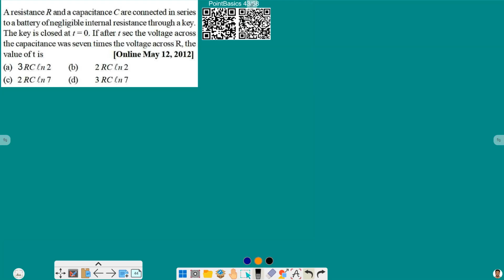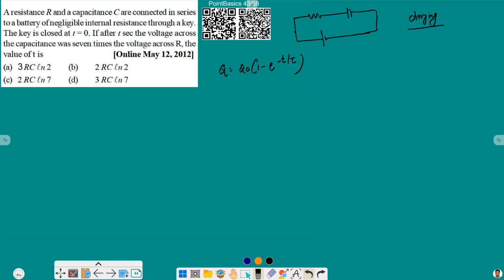We have a resistance and capacitance circuit. So this is the resistance, this is the capacitor, and we close the circuit at t equal to 0. So this is our basic circuit. Now the capacitor will be in the charging state, and the equation of charging for a capacitor is given by q equal to q0 (1 minus e^(-t/tau)). This is the charging equation for the capacitor, and it is mentioned that the voltage across the capacitor is 7 times the voltage across